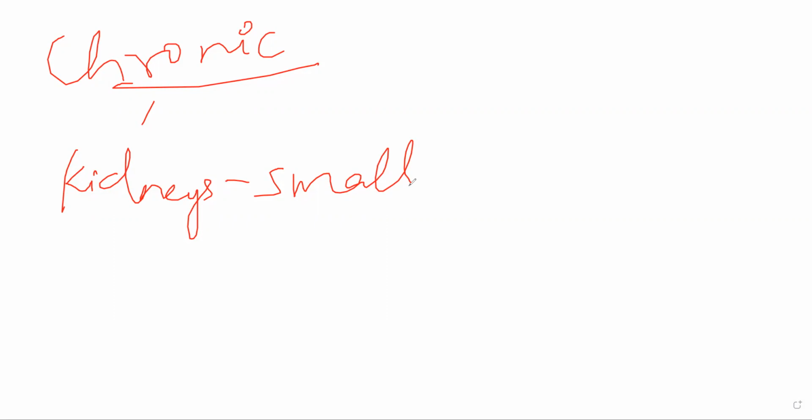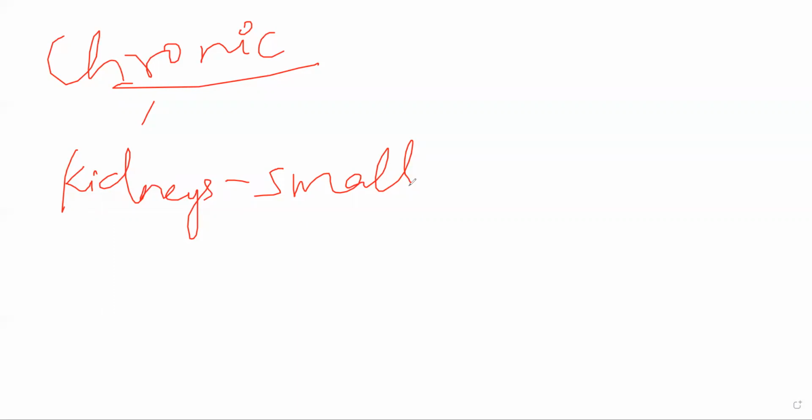Also, on the surface of the kidney, you will see scarring. Irregular scarring might occur on the surface of the kidney. Now, microscopically, if you look inside the kidney itself, you will see prominent changes in the interstitium and tubules. There will be a lot of inflammatory damage in the interstitium. Sometimes you will also see a lot of lymphocytes, plasma cells, and macrophages, a chronic inflammatory reaction. Because of this inflammatory reaction, a lot of inflammatory cells will invade into the kidney. As this invasion is occurring, you will see fibrosis.